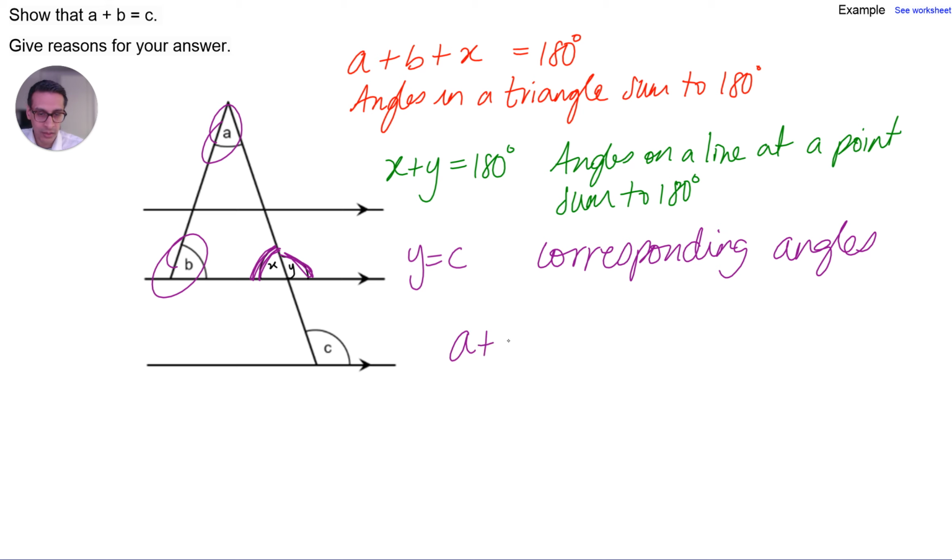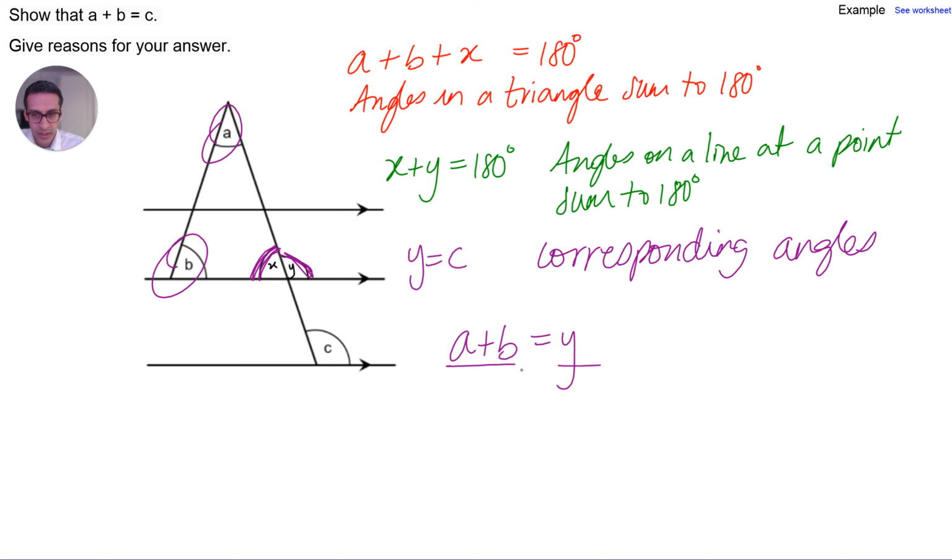So a plus b must equal y. Now another way to show that is to rearrange this, and we can substitute it into here. We're not going to do that here, but we're just going to say a plus b must equal y,